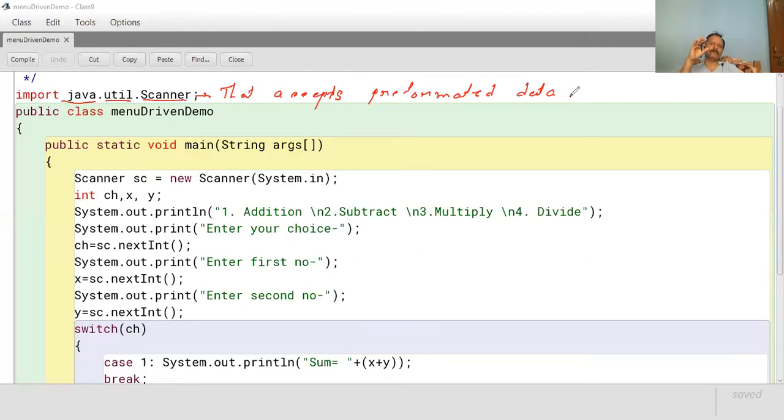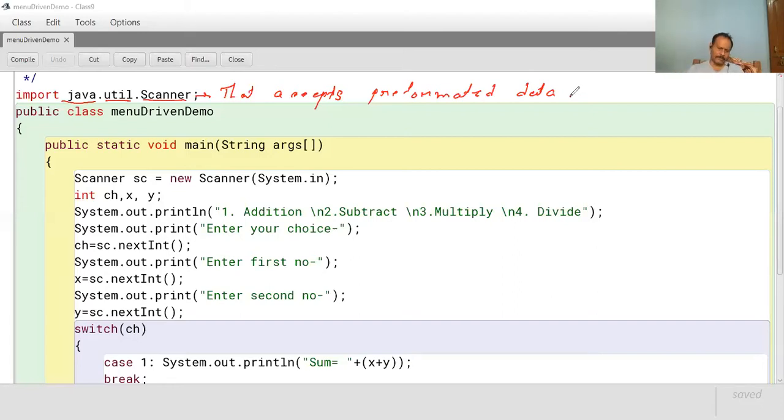That is the limitation of Scanner. Whereas if we are using the BufferedReader, we can format the input data into any data type. So there are some limitations and some advantages, so on balance, where to use which class, which input method, you have to judge.